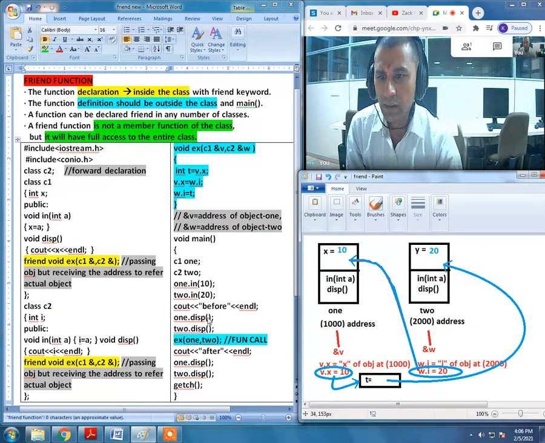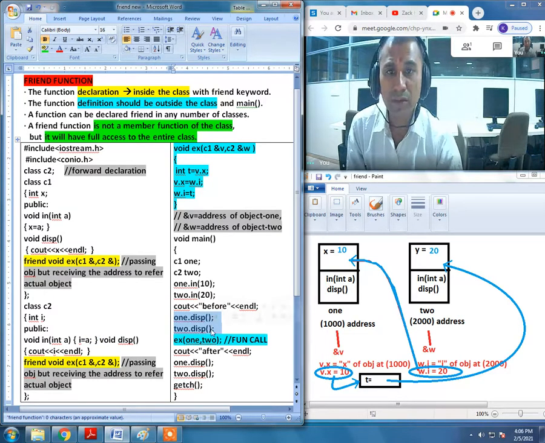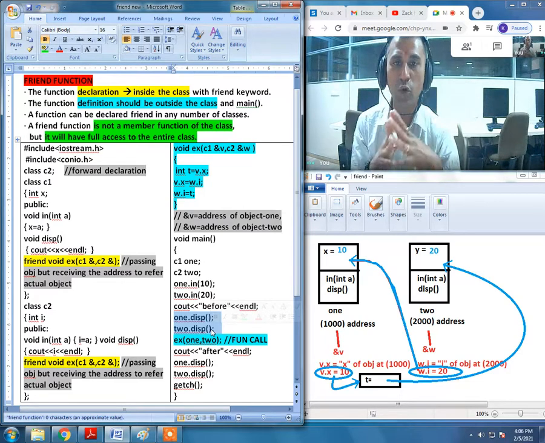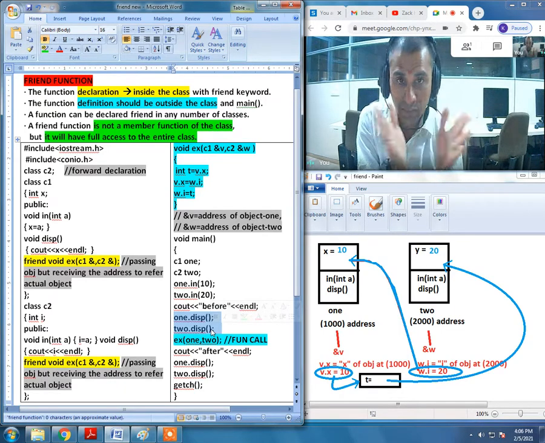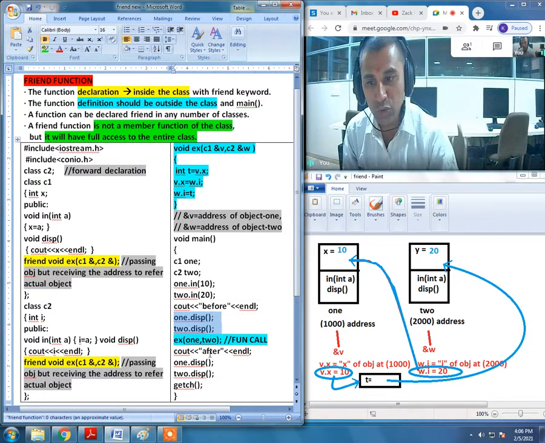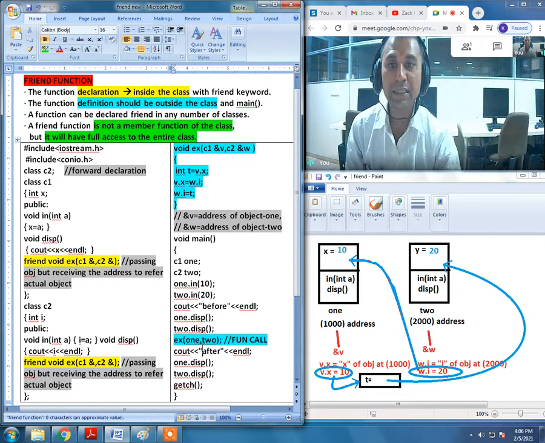Initially, now we are going to display the values for both the objects. That means for object 1, the X variable of that object will be displaying value 10, and for object 2, the I variable of that object will be displaying the value 20. That is the initial part. Now we are supposed to make a call to the parent function. This particular part, the highlighted part, that is a function call.